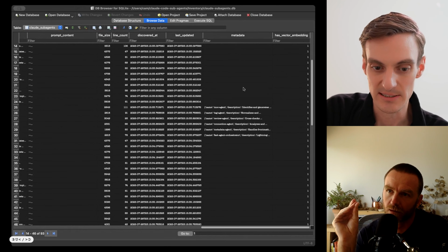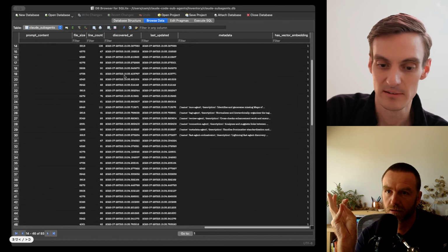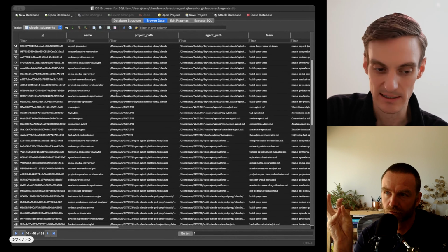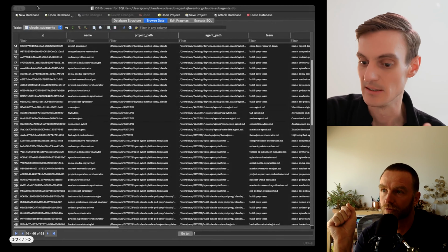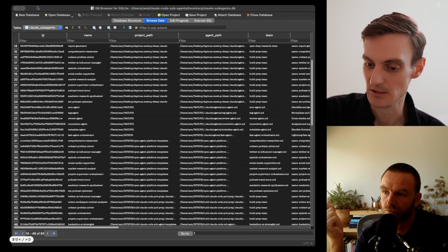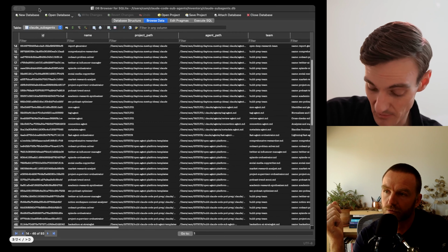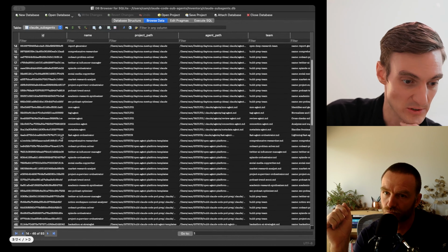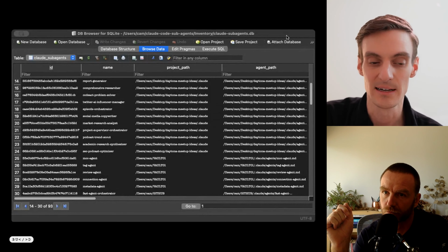Over here on the right, you can see there's metadata. What tools does it have? It has the full definition of the subagents. The way that I set this up with the embeddings, it's using semantic similarity and task decomposition logic, and then figuring out what we already have that we can use, or whether we need to create new subagents. I don't think that's really how it's supposed to work, but